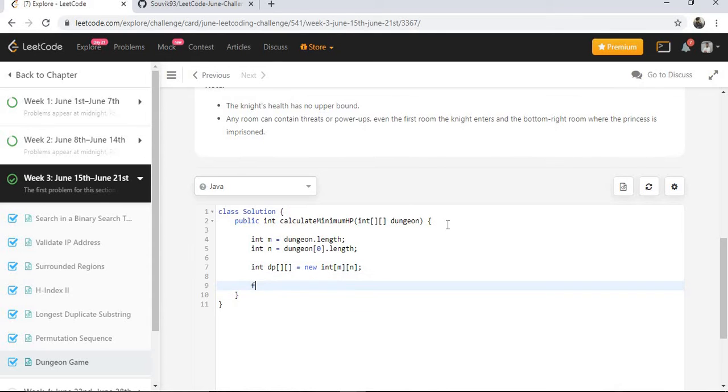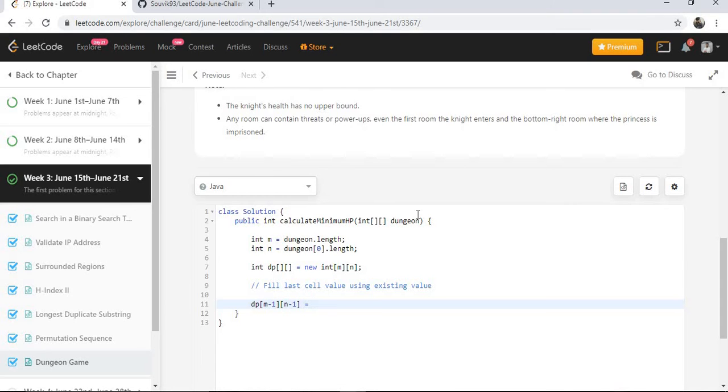Now we are going to fill the first position. Fill the last cell value using the existing value. So what will be the value here? The last cell will be at m minus 1, n minus 1.